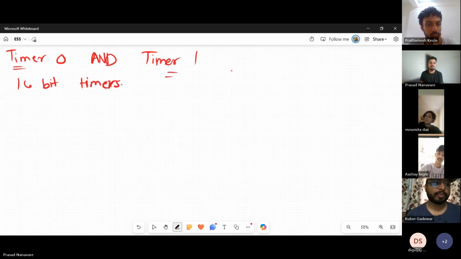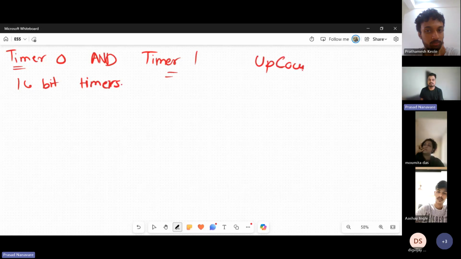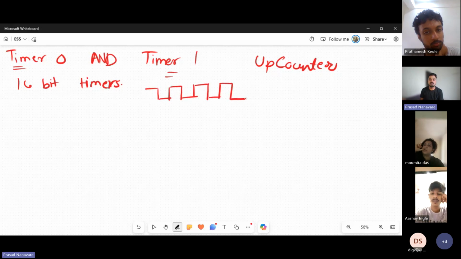Now I would say one more word, 16-bit up counters or timers. Up counters means in a timer also, pulses are counted, whatever clock cycles you are getting. How does it count? It counts the pulses and it calculates the desired delay based on these pulses. Okay, so basically